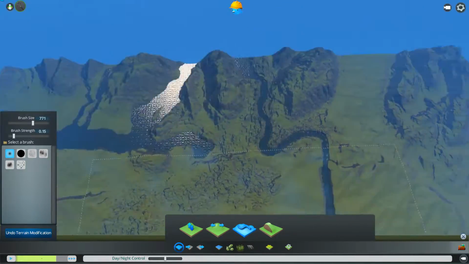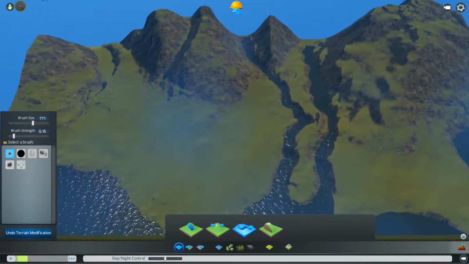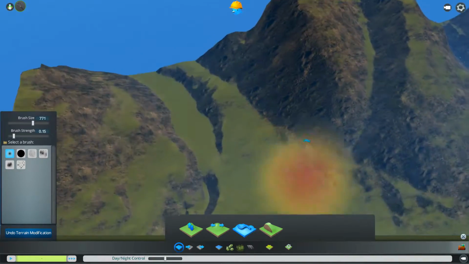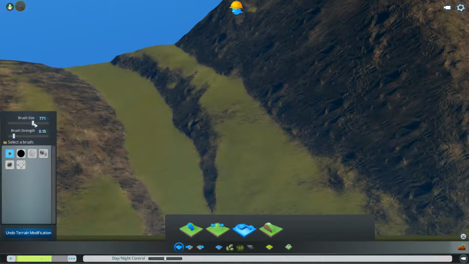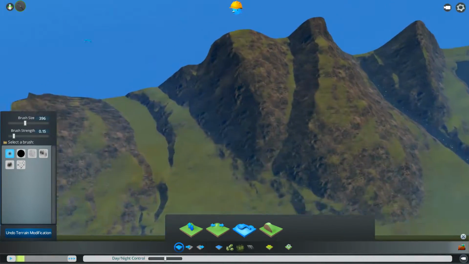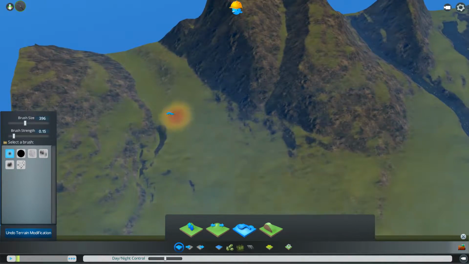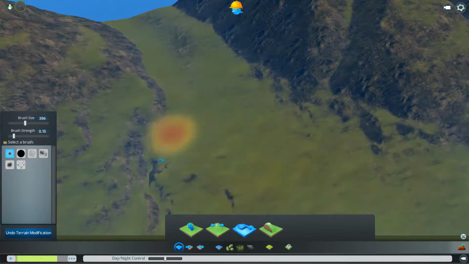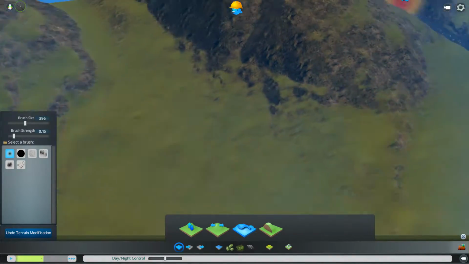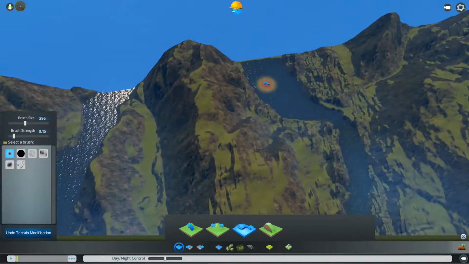I think I'll finish that off offline, and what we're going to need now is to work on some of the detail here. Now you can see here we've got a kind of a cut through here, which I don't know, maybe we'll just blend this in a bit, maybe just cut it back so that it doesn't look quite so harsh, and I think that will blend in quite nicely there. As I say, we don't want it looking absolutely roller coaster,